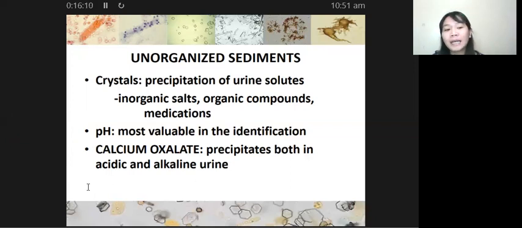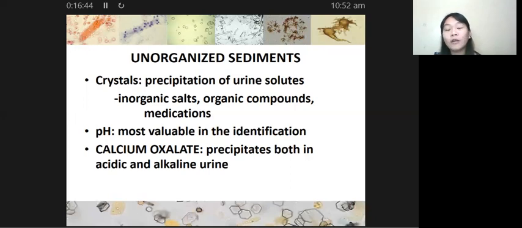So your calcium oxalate, although in general we follow the rules on the crystallization of your solutes based on the pH of your filtrate, this is the exception. Why? Because take note that your calcium oxalate has the ability to precipitate in both your acidic and your alkaline urine. Alright. So now, let us move on to the different crystals which might be present in your